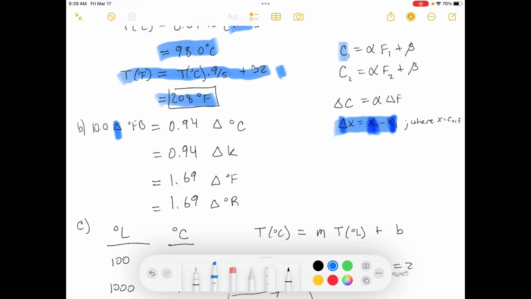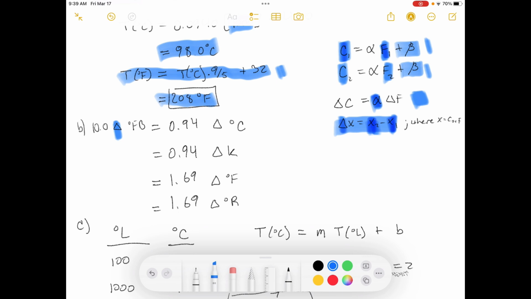Okay, so you can see here, when we're converting between Celsius and Farblanget, we have temperature 1 and temperature 2, and we've got Fahrenheit or Celsius or Farblanget, whatever. I just put F and C, they can be placeholders. But when you take the difference, you notice that this translational value cancels out. So if you do this minus this, the beta cancels out, and you're just left with the scaling factor alpha.